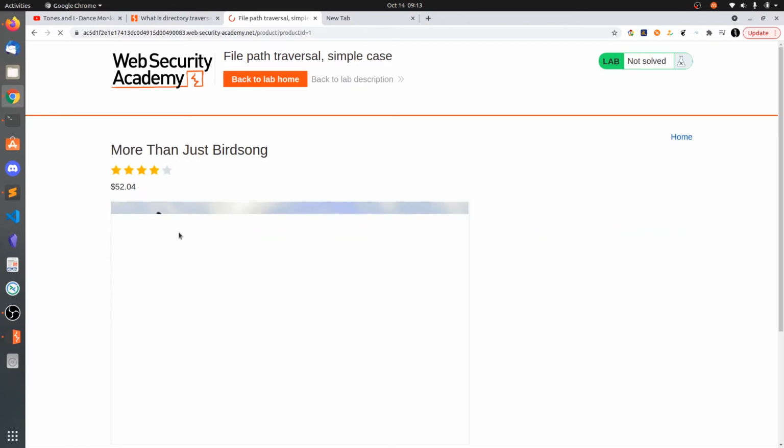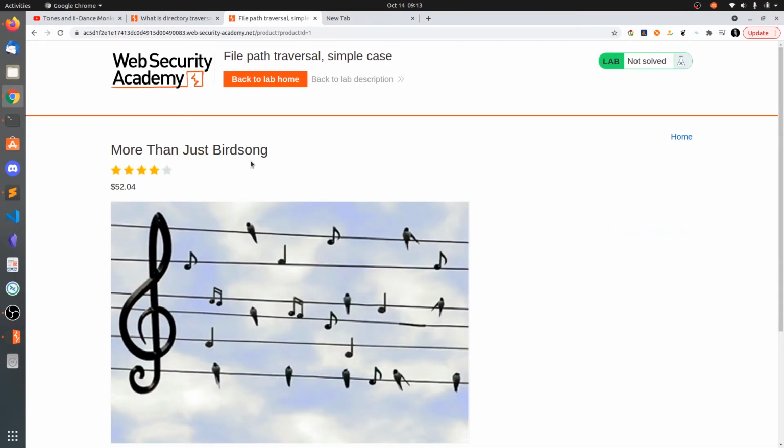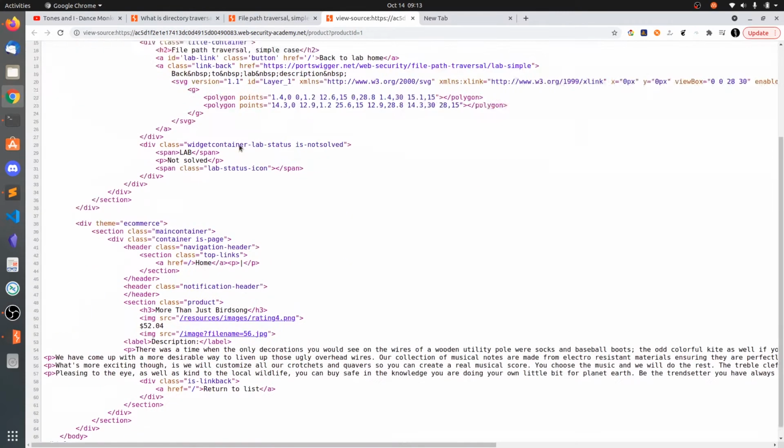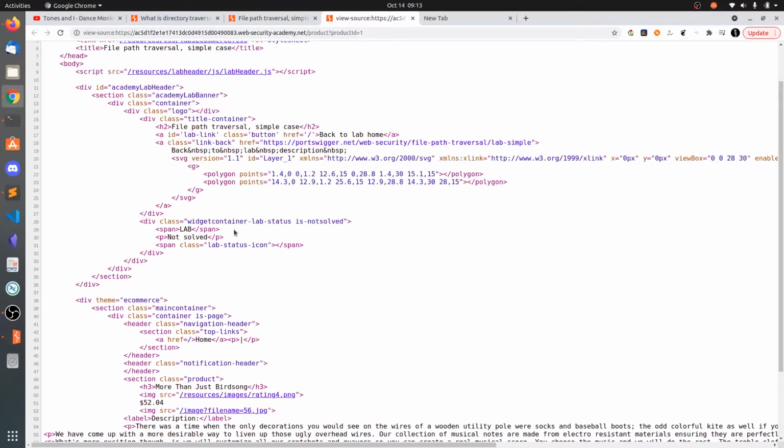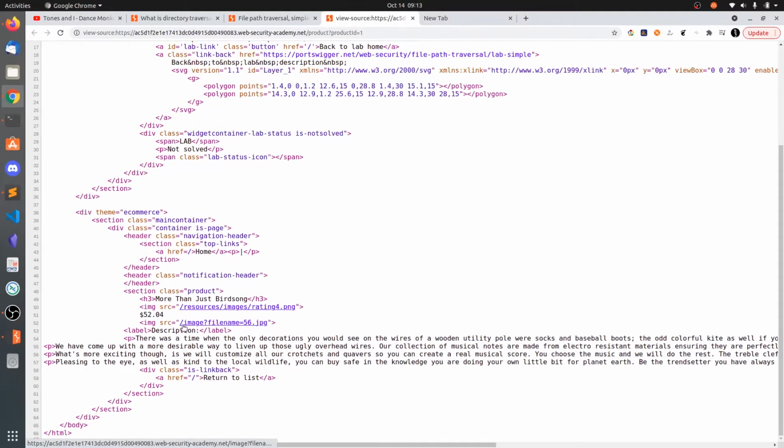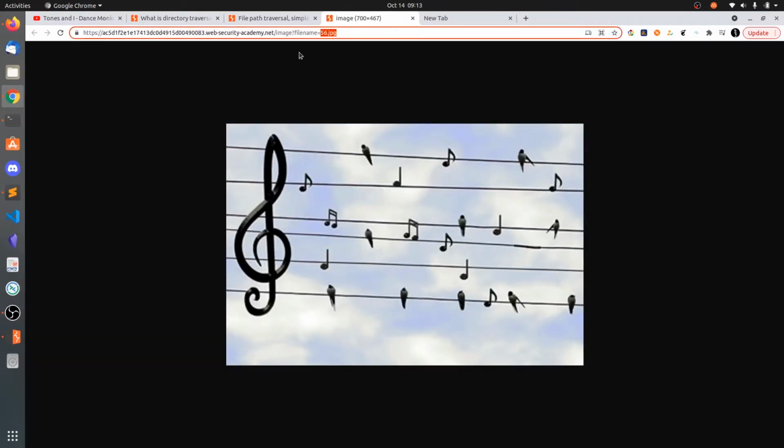Click on any of the posts and press Ctrl U. Here you need to search for the links. You can see there is an image tag with the source value image?filename equals this one. Let's open this image, and here you can see there is some kind of inclusion.